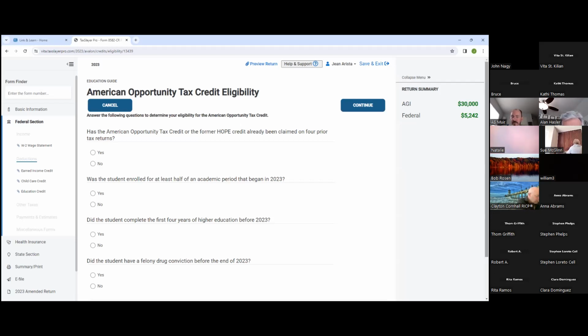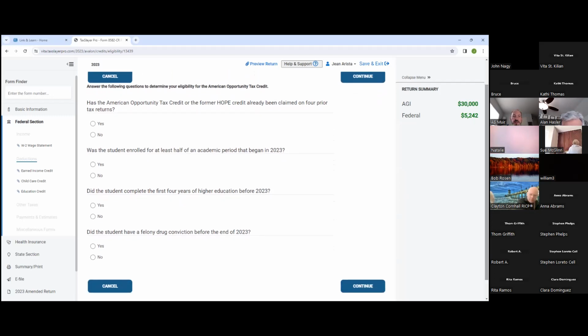But before we do, you can see that the American Opportunity Tax Credit asks about those 4 prior years. This is that HOPE credit. This is a legacy credit that existed a few years ago. So if you have someone who took the HOPE credit 12, 13 years ago, then they dropped out of college and then they went back to college, what that means is they've used up one of their years because they're eligible for 4 years as far as the credit. And so again, that HOPE doesn't appear in any information that we see. I think it appears in the publication 970 though.